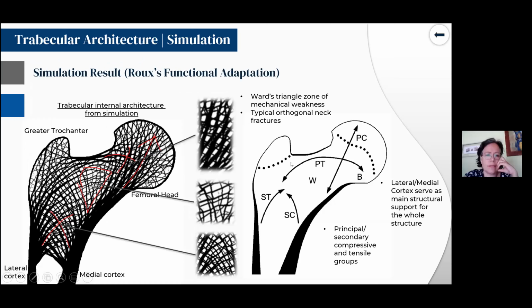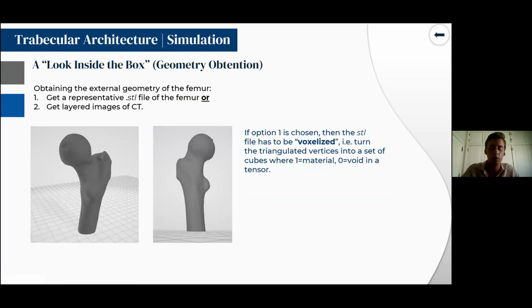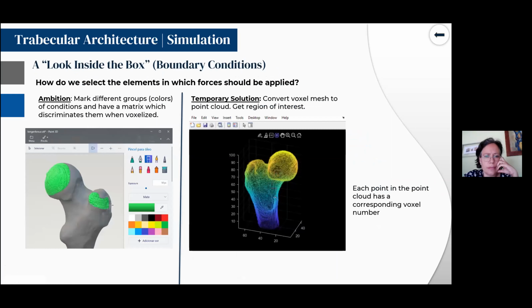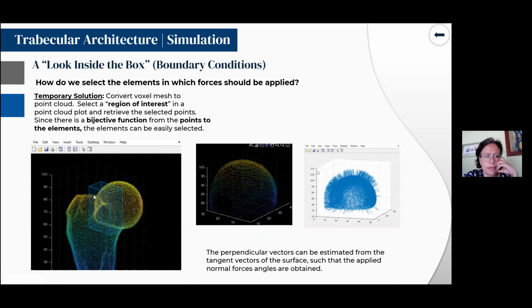Here we can see the main compressive and tensile groups, but I will not go into great detail here. We can compare the volume fraction of certain areas of our simulation with the real results. These types of validations will be done in future work. We can also extend this problem to 3D, as we can see by some pictures here. And now, just to conclude,